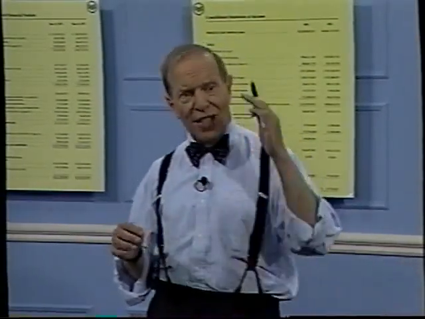Another possibility is to find some way of accelerating depreciation, that is to charge more in some years and less in other years. One technique is called the sum of the years' digits. All you do is take the number of years, 10, add up 10 plus 9, that's 19, and 8 is 27, and 7 is 34, and 6 is 40, and 5 is 45, and 4 is 49, and 3 is 52, and so on down, and get a total sum of all those numbers, and then take, for the first